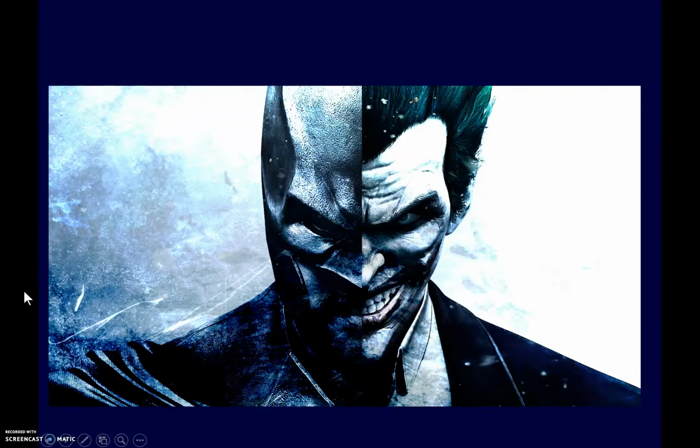Another very famous foil is, of course, Batman and the Joker, both seeming as very different. They are arch nemeses, I guess you could say, of one another. Batman is the good guy, of course, right? And Joker is the bad guy, of course. Black and white, right and wrong. However, these two cross the lines. I don't really know if the Joker ever crosses the line into good, but Batman certainly does cross the line sometimes into the gray. So it's interesting to use them as a foil to highlight the characteristics of one another,